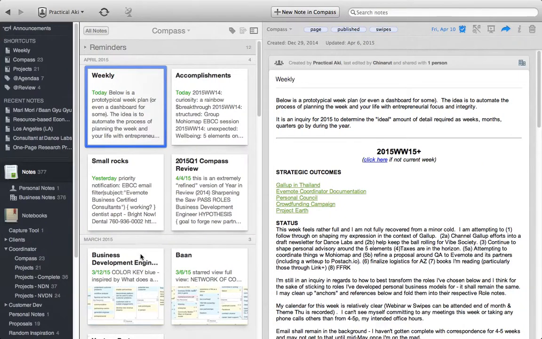So this is my Evernote system. This is not the latest release, mind you. This is the 5.5.2 release. And I have these shortcuts that are what I'm going to go through during this demo. If I went ahead and clicked on the weekly shortcut, it would get me to this Compass notebook, which